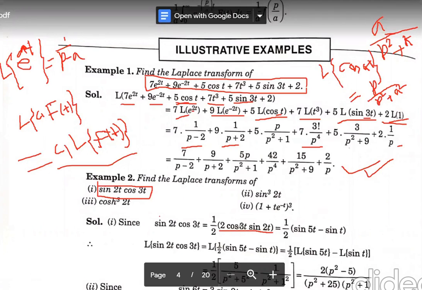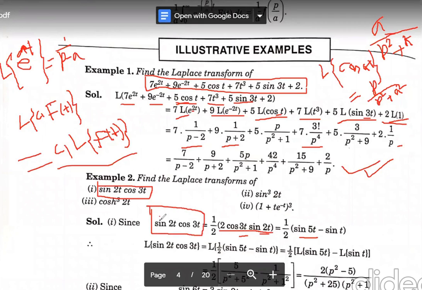So 2 cos A sine B is sine of A plus B. A plus B means 3t plus twice t, that is sine of 5t, minus sine A minus B. Sine A minus B means 3t minus twice t, that is sine t. Now see, so earlier the function given to you to find out the Laplace transform